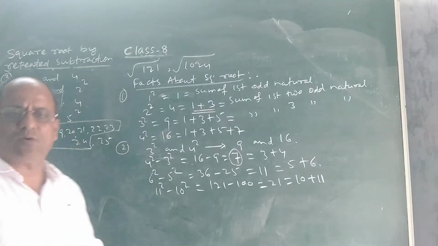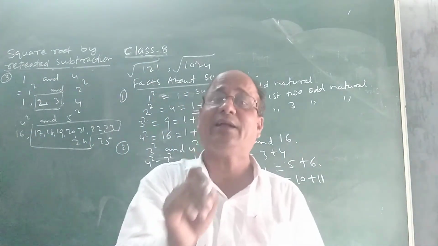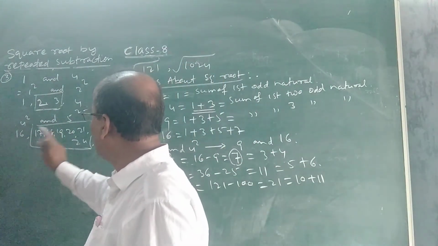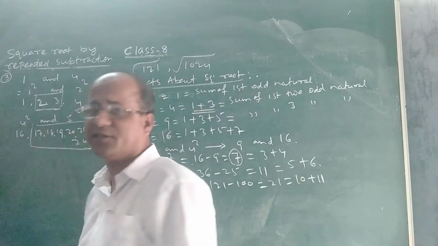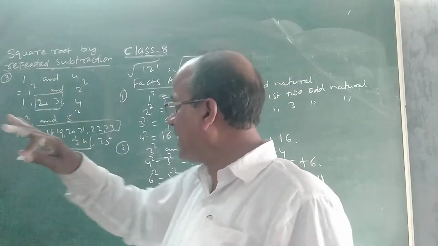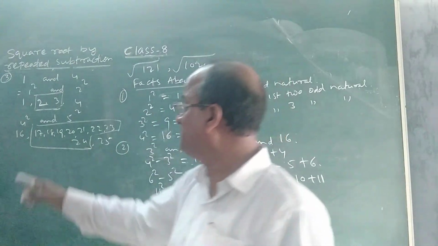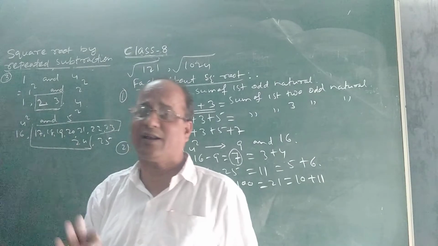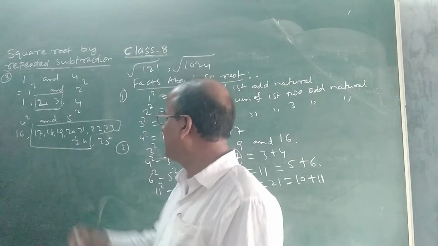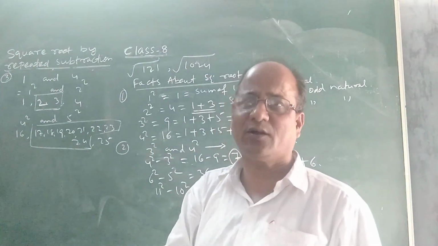But one thing you note here: what we are doing here, we are writing the numbers and then counting. We are writing all the non-perfect square or non-square numbers between the squares of any two consecutive natural numbers. Then we are counting. Instead of writing and counting how many non-square numbers exactly exist between the squares of any two natural numbers, there is a formula. If you remember a formula, you can easily say how many non-square numbers are there.